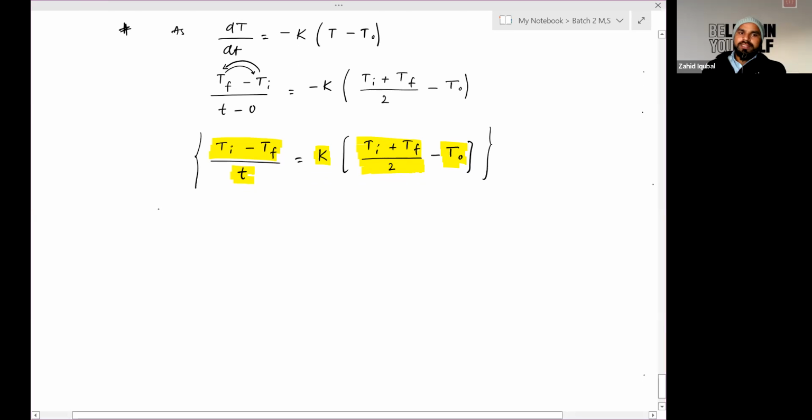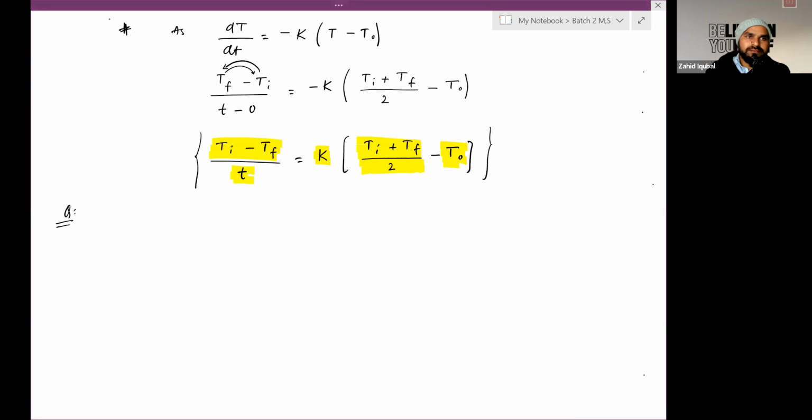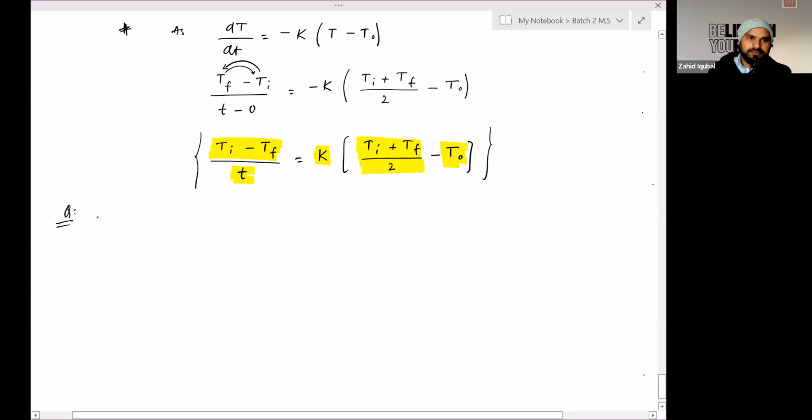Let me give you a question related to this part and how to solve it. A body at 60 degrees Celsius is kept in a surrounding of 10 degrees Celsius. It cools down